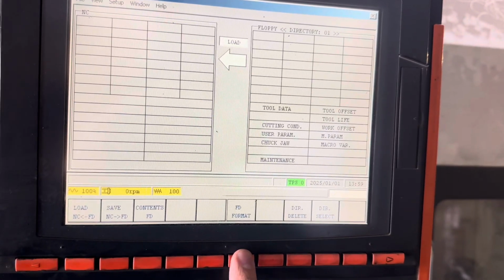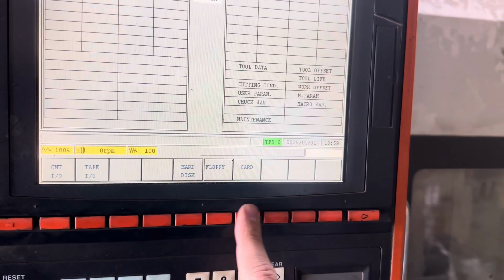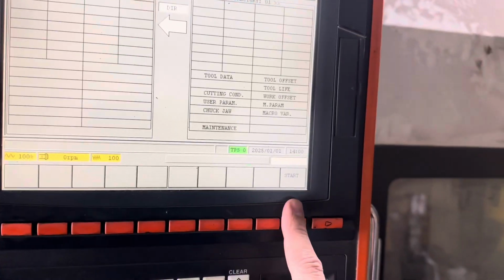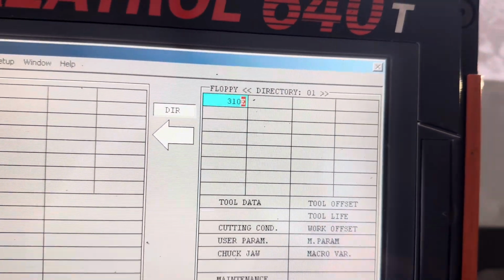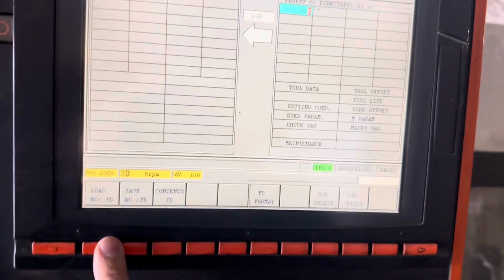You want to go to contents for floppy. You're going to go contents FD. It's going to say, do you want to find everything? Sure, go ahead and start whatever's in there. There's that 310 we made. So go ahead and do load